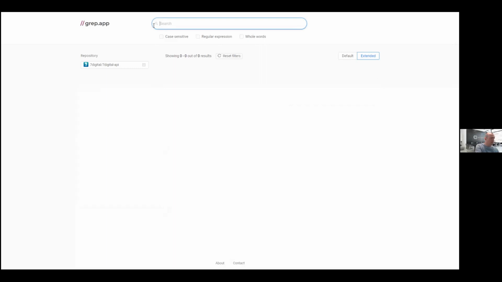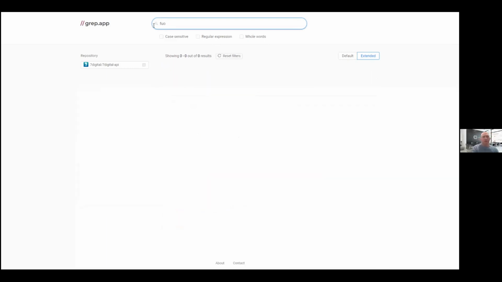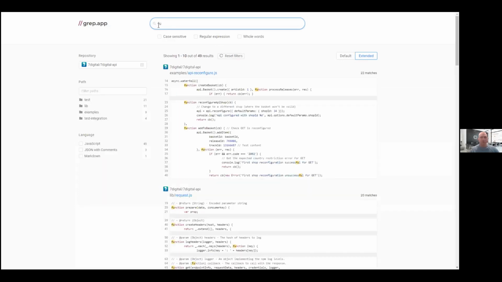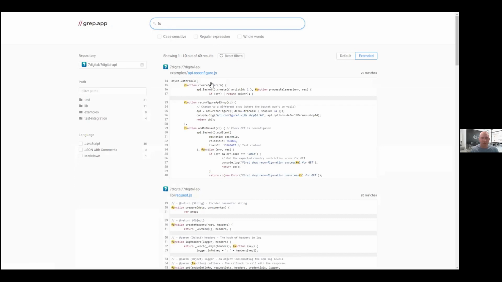So if I know that there is something that is called, I don't know, foo1 or something, let's say function create bucket, and it's a very specific function that we name specifically in our organization.